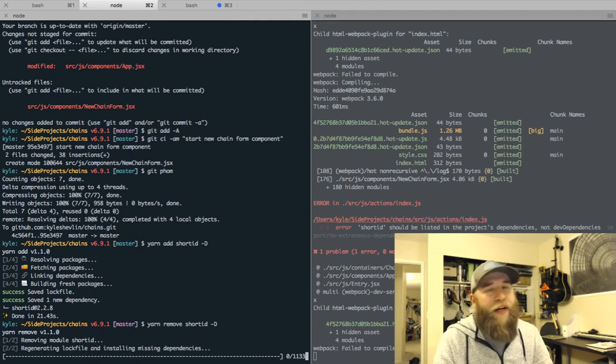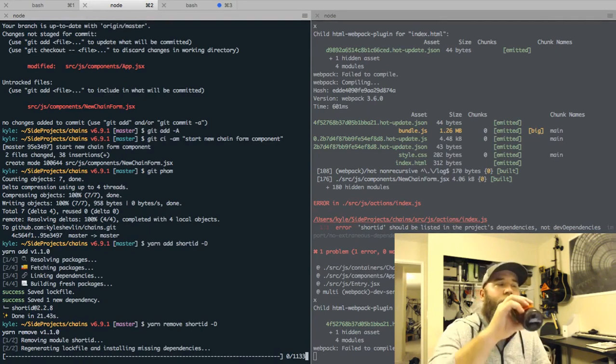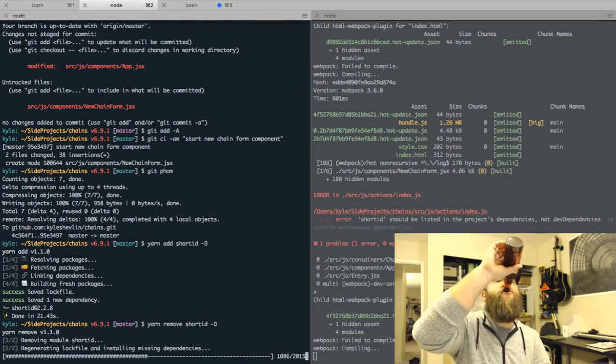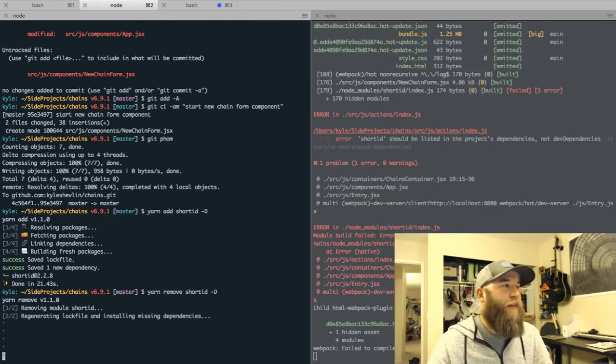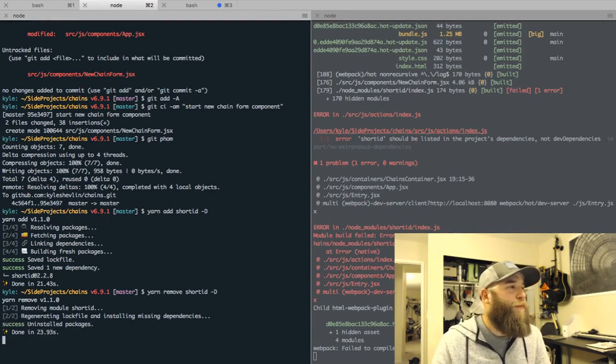And you have the whole lock file thing with yarn. So, and if you're on npm5, you also have a lock file. So, come on. I think it's going slow because I'm streaming and my Wi-Fi sucks. I don't know why you're doing that. And then